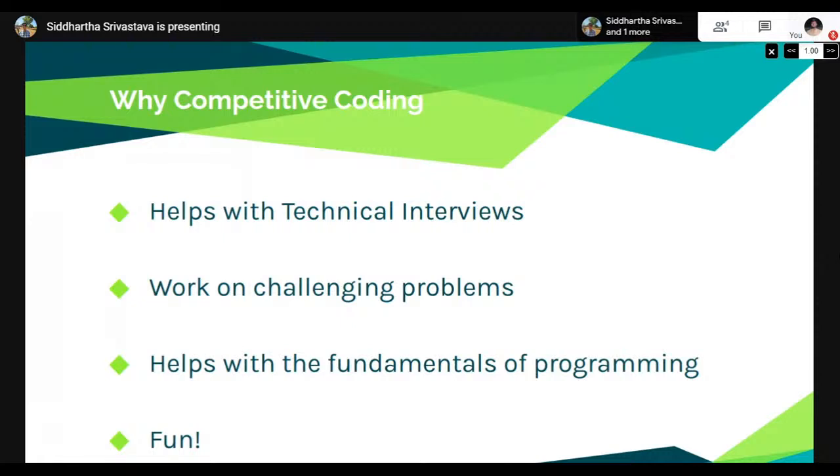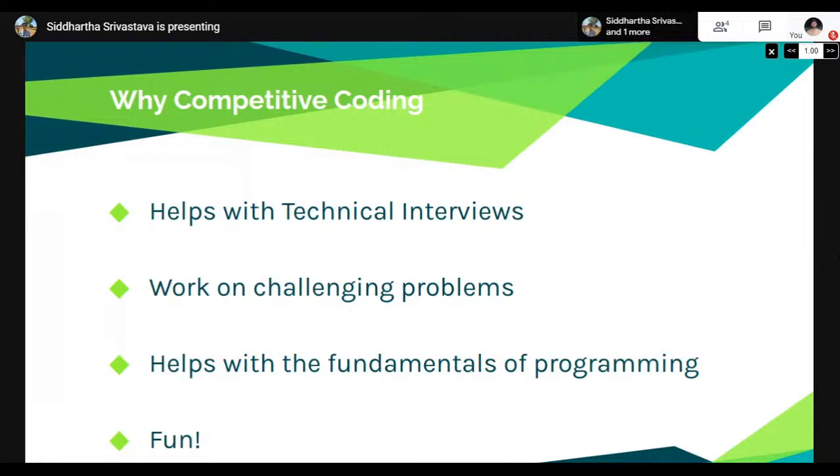competitive coding helps in technical interviews, which will ultimately help you get an internship if you're looking, or get placed if you're looking to get placed in a tech-based industry, because 60 to 70% of your interviews will have either a coding test before it, or during the interview itself will have a technical round, which will involve questions which are extremely similar to the questions that you will be doing if you do competitive programming. And since you will be judged on that basis, at some level, this would be extremely